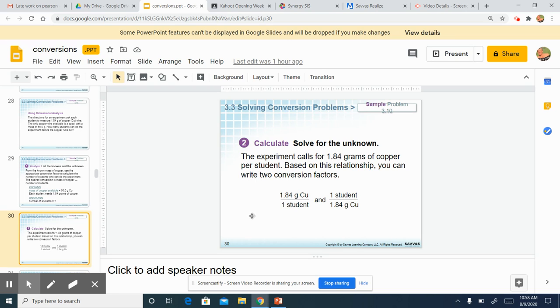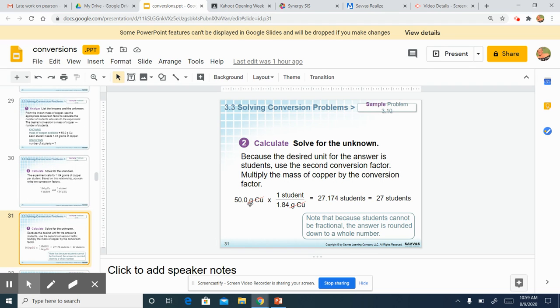And if we're starting with 50 grams, this conversion factor right here would be the one we would want to use, because our final answer wants to give us a number of students, and we need grams of copper to cancel out. So because the desired unit for the answer is students, use the second conversion factor. Multiply the mass of copper by the conversion factor. So if we multiply 50 times 1, which is going to be 50, and then divide it by 1.84, we'll get